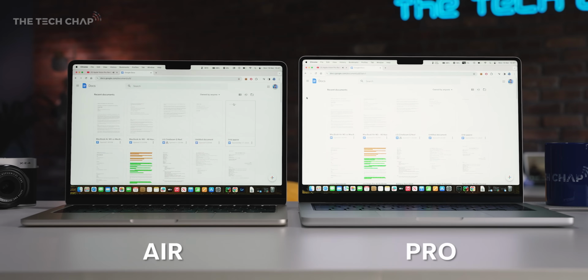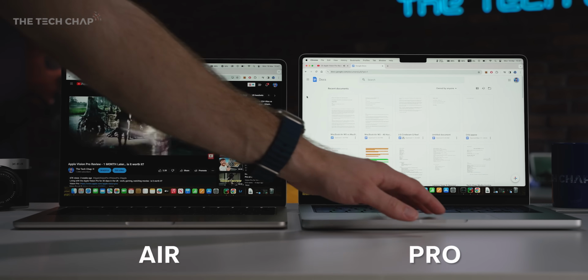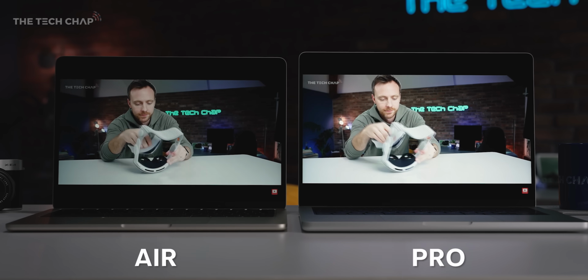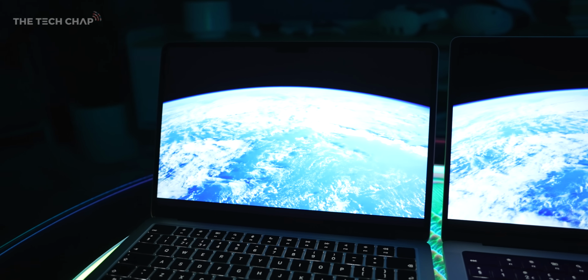Obviously this will impact your battery life, but I use this all the time if I'm outdoors or traveling, and often it means I can actually see the screen without having to squint and get a headache. It's a big plus. And third, this is using a mini LED backlight, compared to the Air's regular LCD screen,